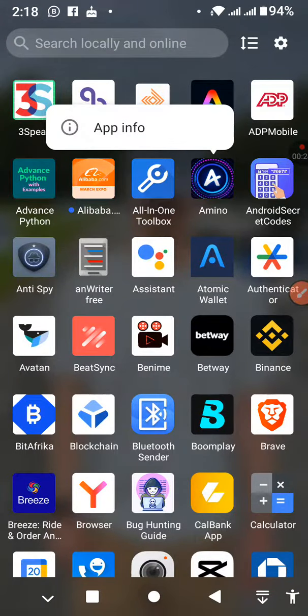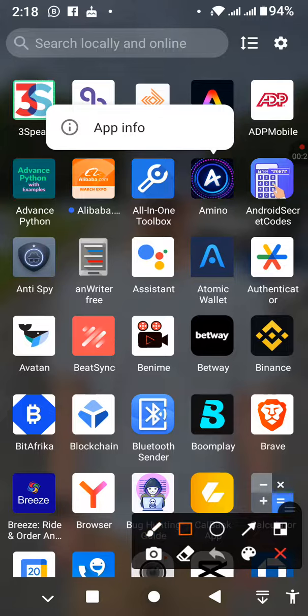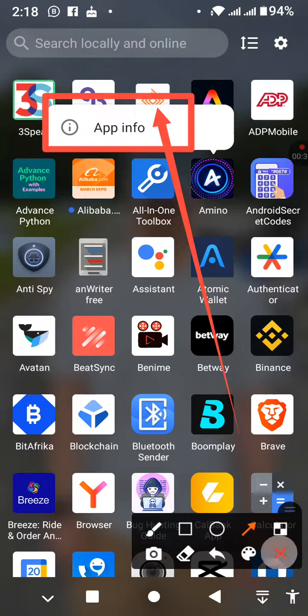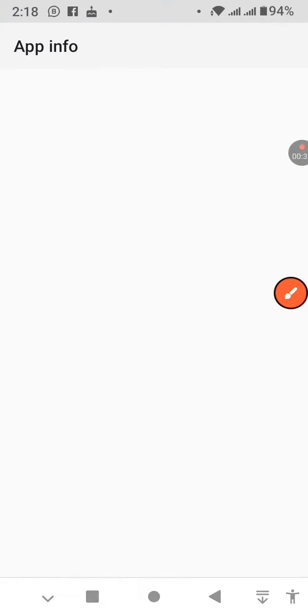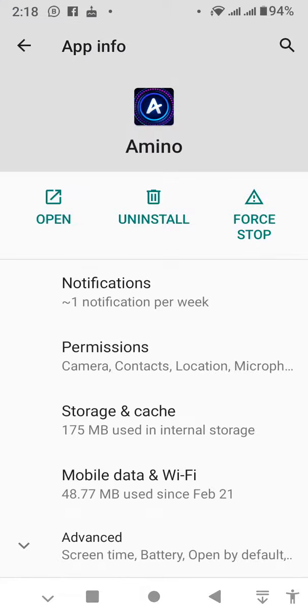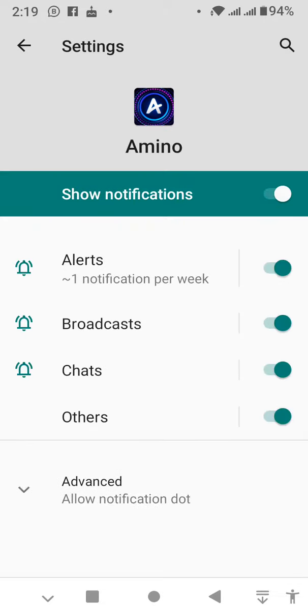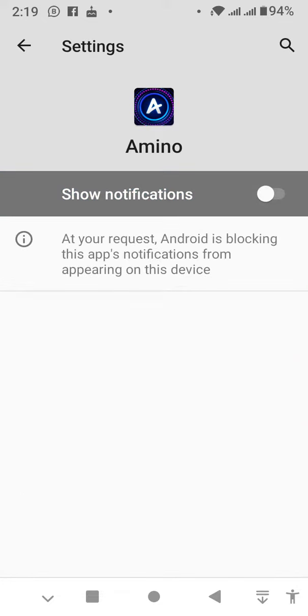Then after that, what you have to do next is to tap over here, just tap on the app info. When you tap on the app info, wait. After waiting, you're going to see this. Then tap on notifications. If you want to turn your Amino app notification off, you just tap on this like this,